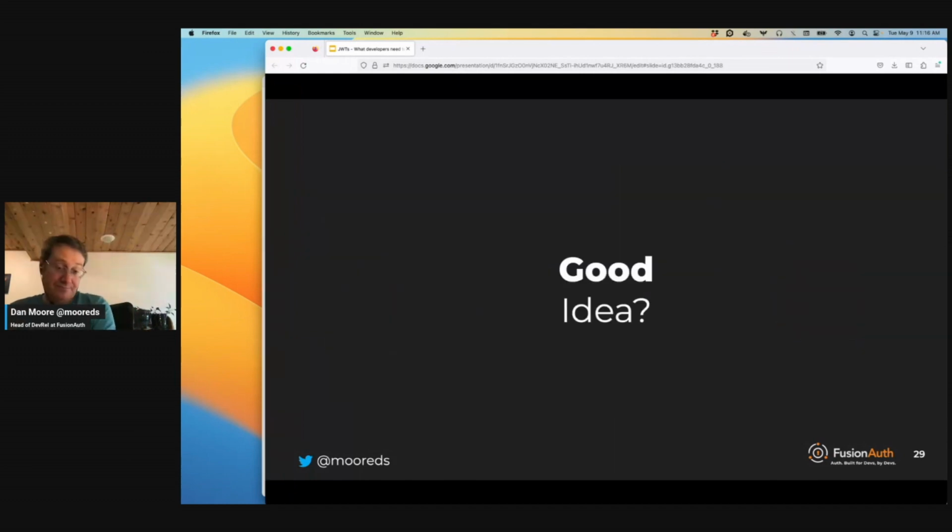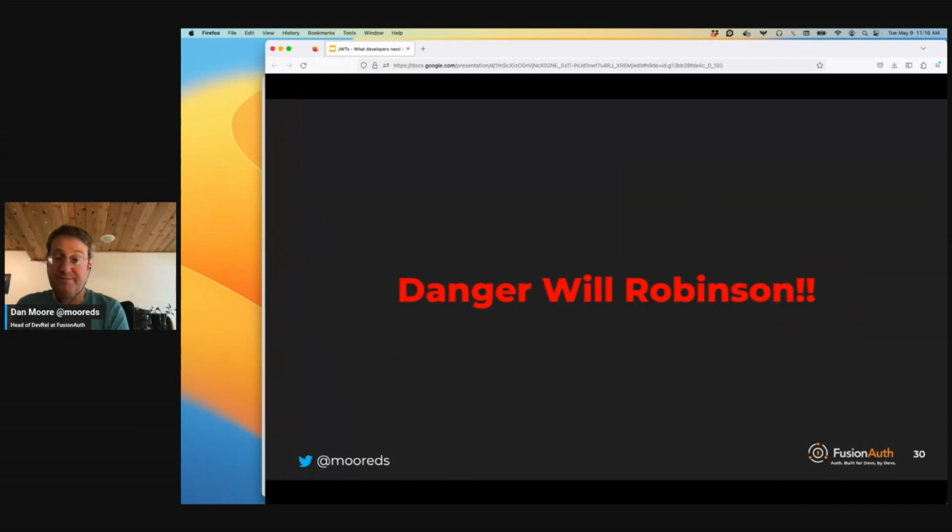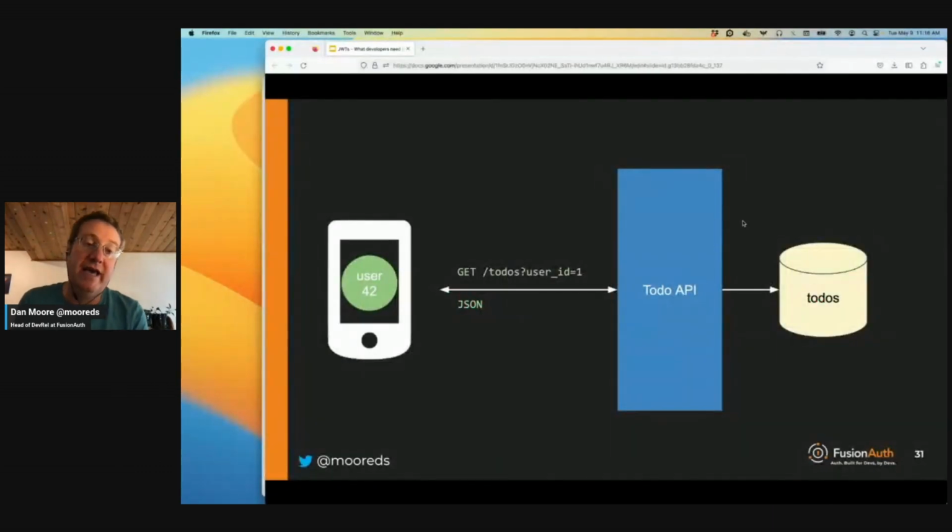Is this a good idea? Spoiler alert, it's actually not a good idea. And the reason for that is that you can't trust the client, right? You just cannot trust a client. And so someone could look at the request the client is making, either via examining the code on the native app, or they could look at the network traffic, depending on how they wanted to,